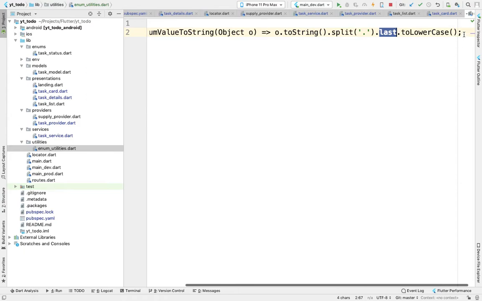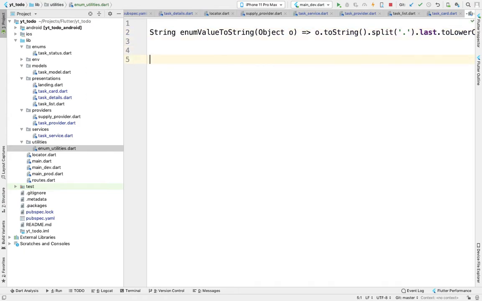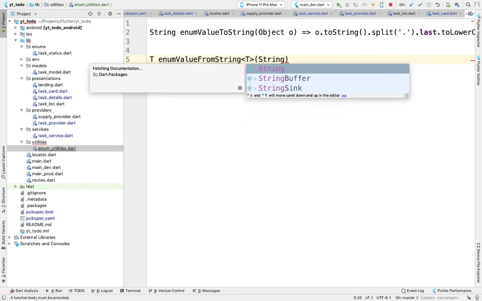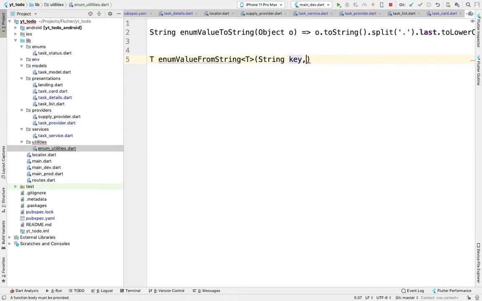Okay, so let's create another method for returning the enum. So it will be enum value from string, and this will be generic type T, string key, and the enum table of T values, the enum values.